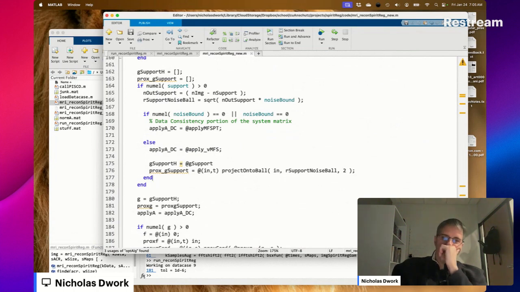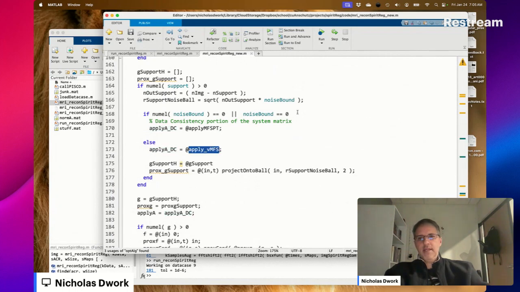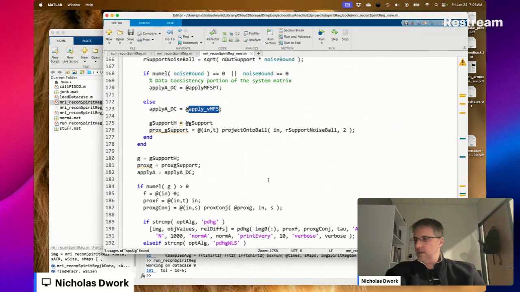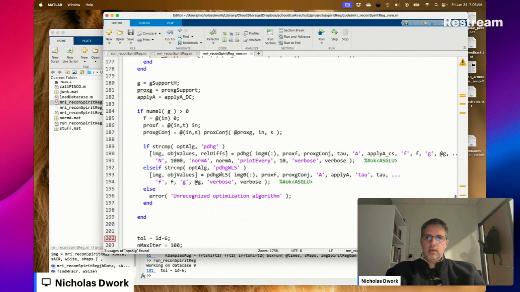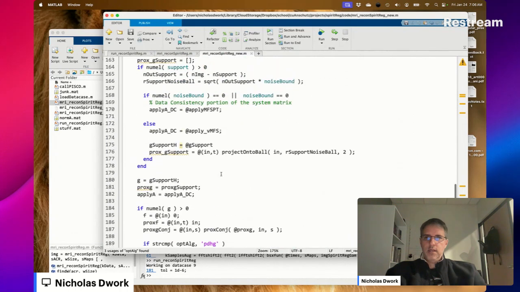Okay. We only want apply ADC to be this when we're using LSQR. Equivalently that. So here,